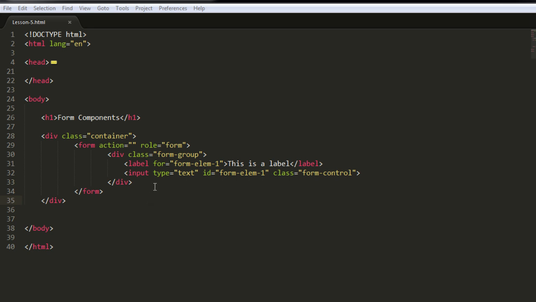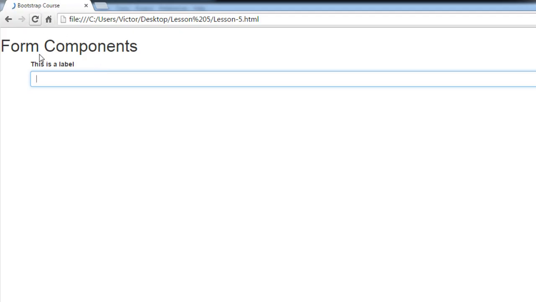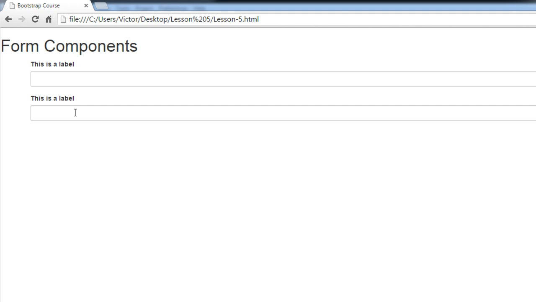So let's create now another label, or another div, sorry. And let's call this 2 and ID 2 and save this. Refresh it, there it is. Okay,